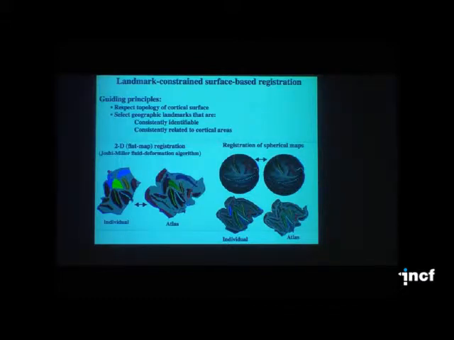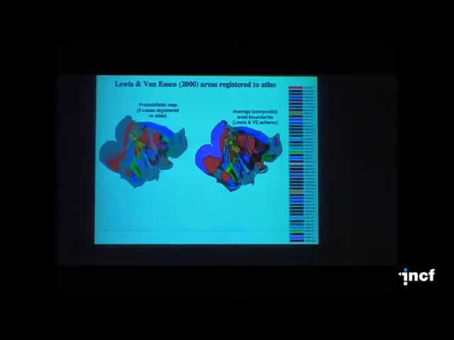But the basic point is we now have increasingly accurate methods for registering individuals to atlases, and we can take data then from many subjects, in this case 5 architectonic maps superimposed on one another, to generate probabilistic maps that represent individual variability, and we can extract from that summary representations that show a composite, most likely borders of many different areas by a particular parcellation scheme, and we can use software tools like our Caret software to point and click and see what is this yellow area and what do we know about it and where's the publication from where that came.